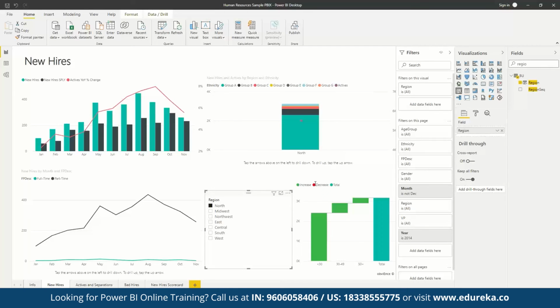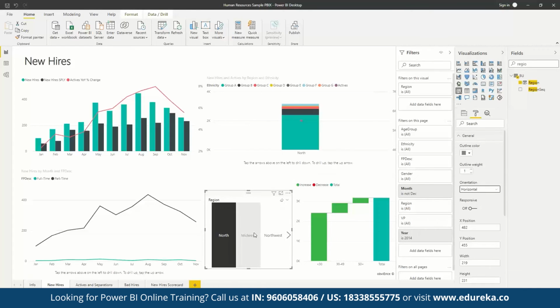So from here, you will check the fields. Along with that, how we format this. This is just a simple slicer we made on region, right? We can slice our data on the basis of this. Now, I'll go to format. In the general, we have different outline color. We can have orientation. I can go for horizontal,